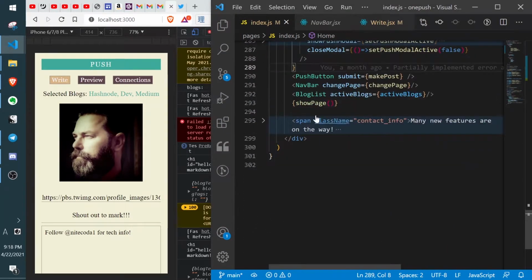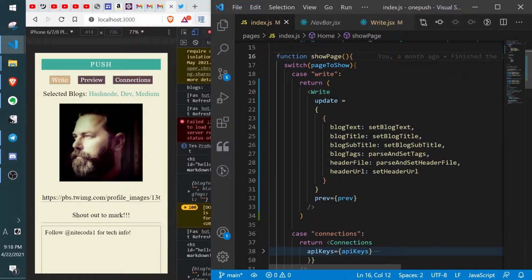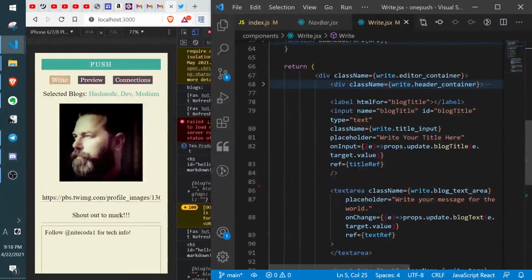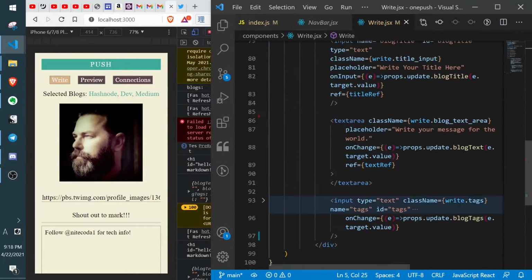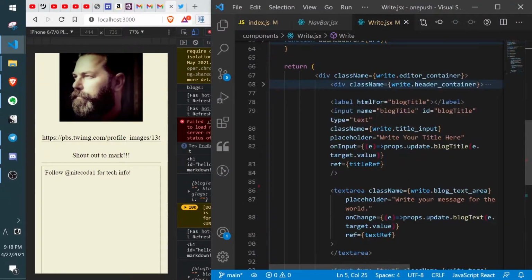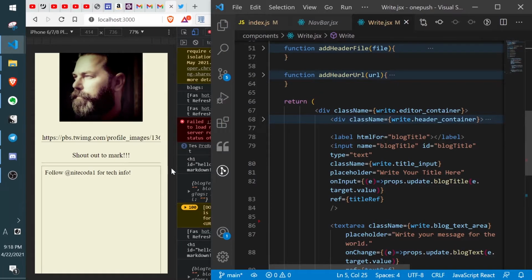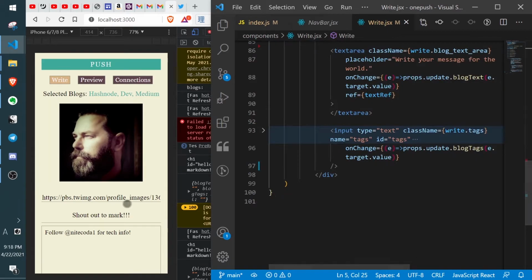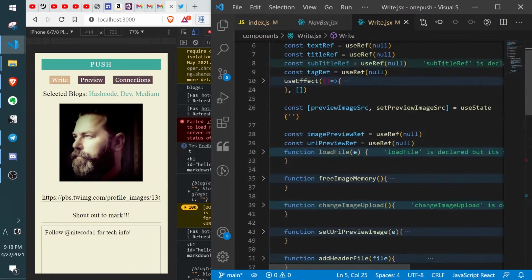For the write page, the write component, it's its own component. It's a page. That's what we're looking at. You see the text area here. You see the label, blog title. All this stuff is all here. So that's what we're seeing. This is a component that we're seeing. Now, if the state was stored here,